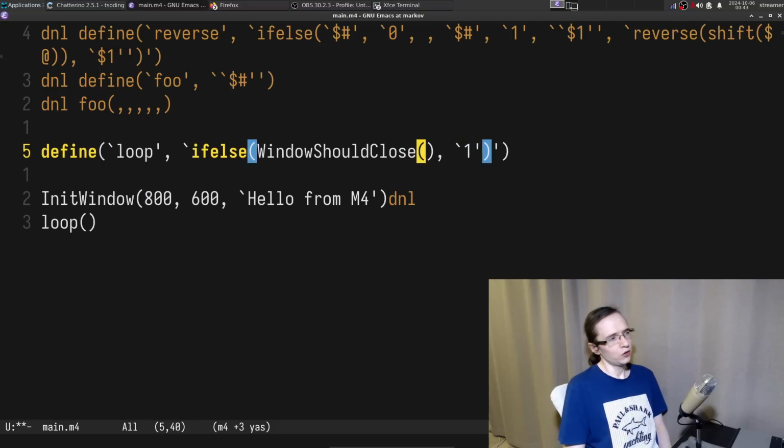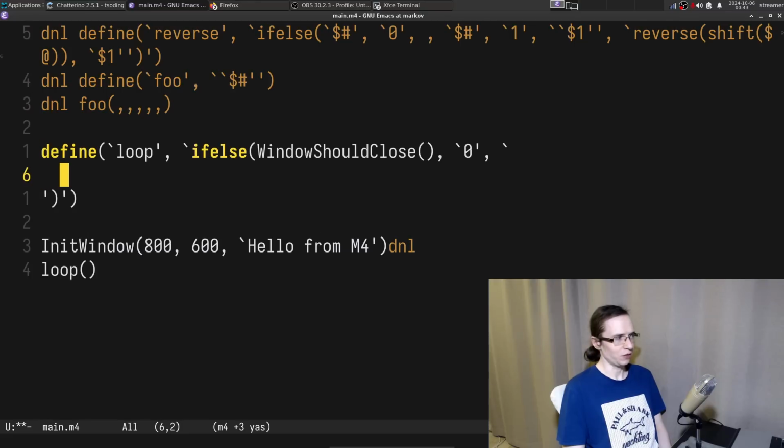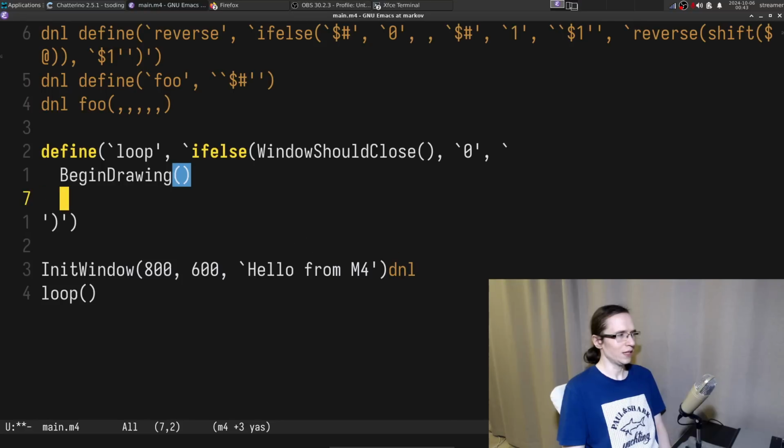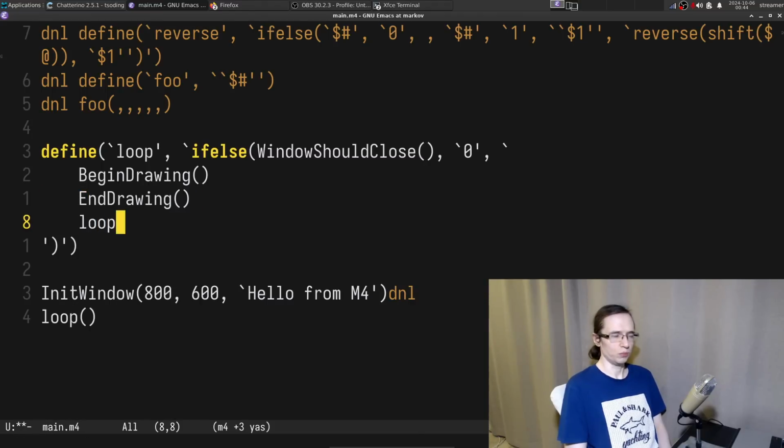But anyway, if this thing should not close, we probably have to expand it to more calls, specifically something like begin drawing and end drawing. And that's about it, right? And after that, we should just call loop. Yeah, makes sense. So something like that.